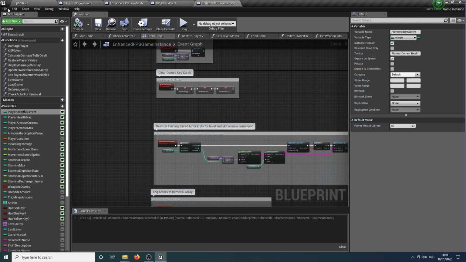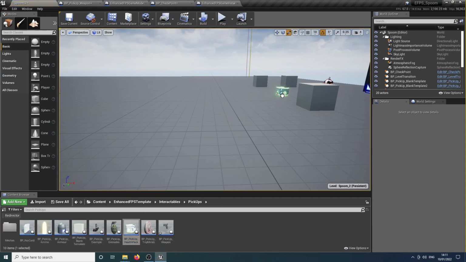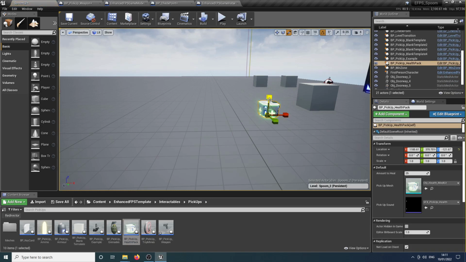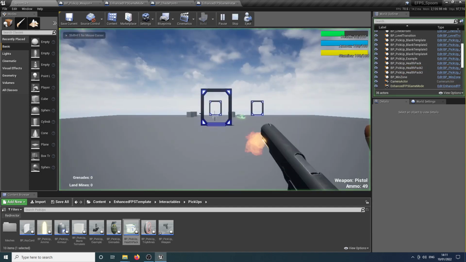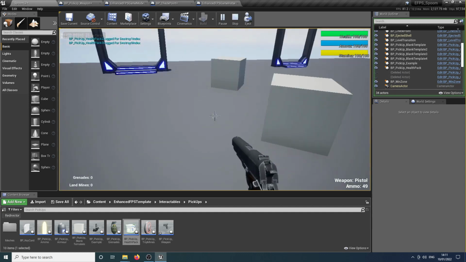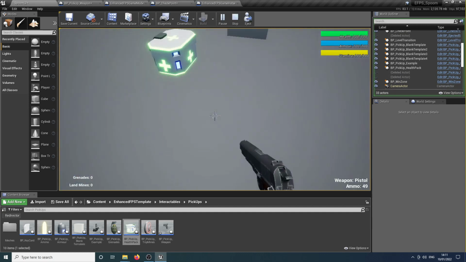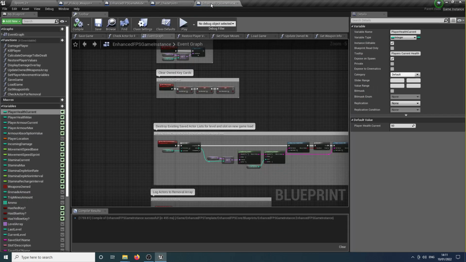And if we were to then put in some health pickups, so let's grab some health pickups, and by default these heal 25, so let's put 2 in. Actually, we'll put 3 in, just to show you that we are healing the player. There we go, and we can't heal past our maximum health value. But if we were to change that maximum health value to 250,